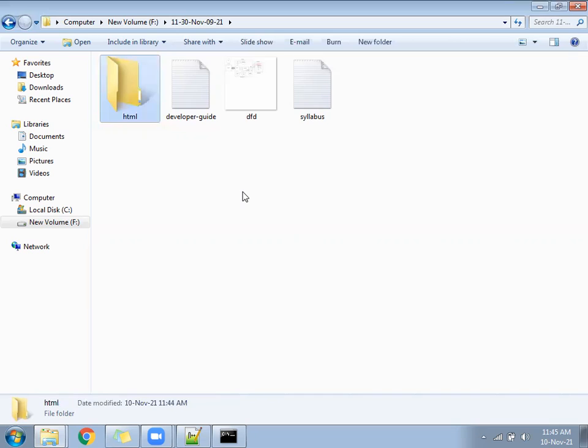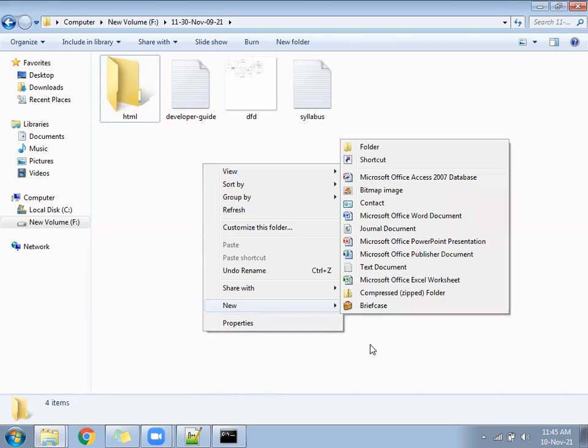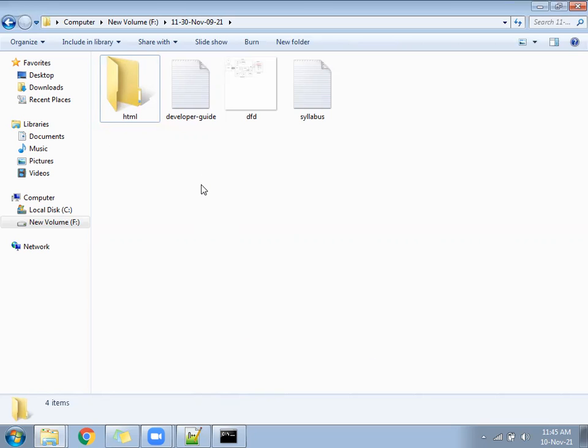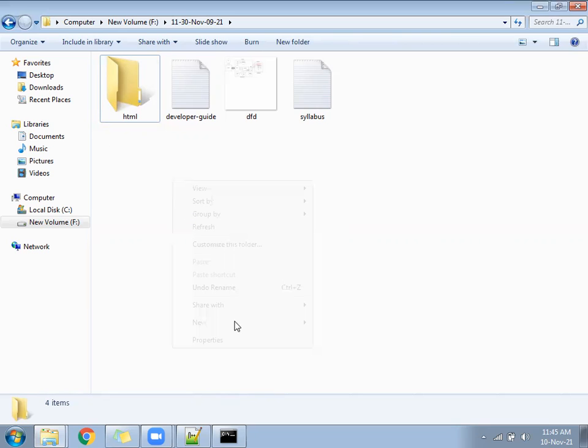After that, here only you do the right click and select the new, select the text file. We can do the right click here and select the new.